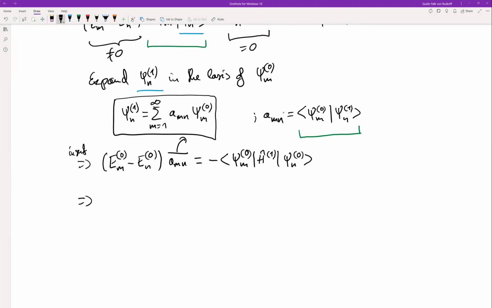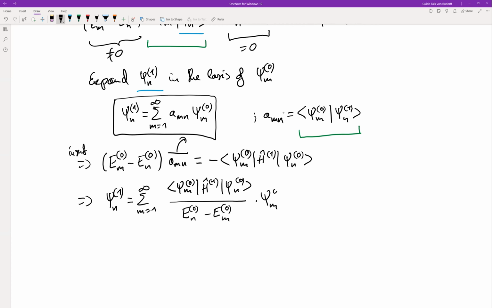That means what we get is psi n1 is now the infinite sum over all those basis functions, and we have psi m0 and the matrix element, so that's what we had on the right hand side, divided by, now I'm swallowing the minus into rearranging these two, Em0 minus En0. And that, of course, now times psi m0. And this is wonderful,